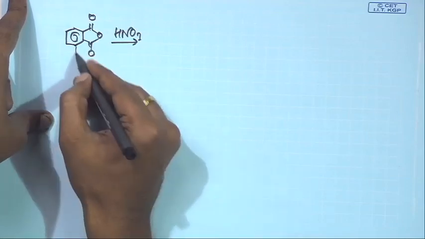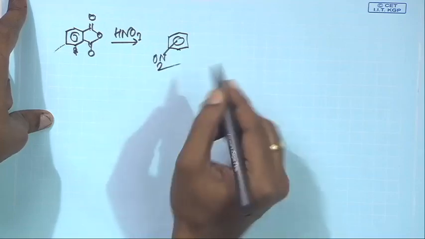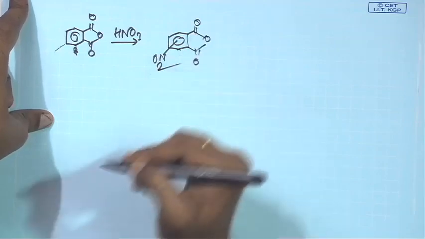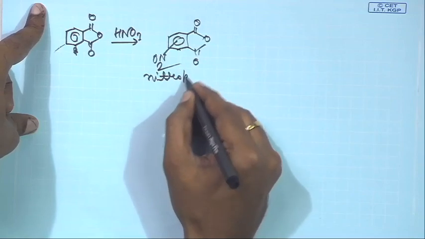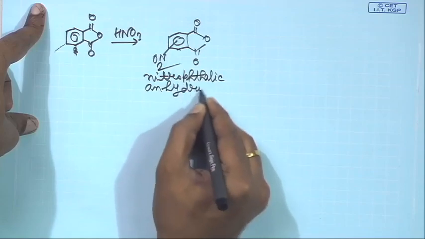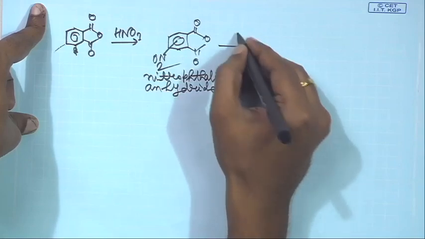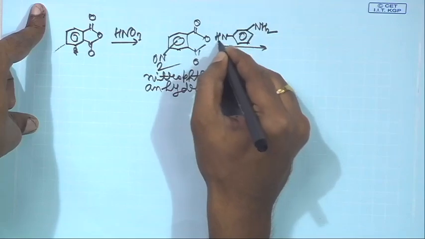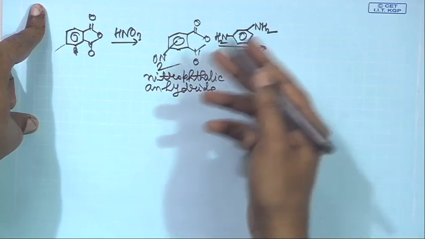So, what we will have is either the 2 position or 3 position nitro group coming. That is why I am just putting it like this, the nitro. So, this is basically nitrophthalic anhydride, okay, and then that you react with metaphenylene diamine. This molecule has made its appearance before, and then what you get is your bismaleimide monomer,